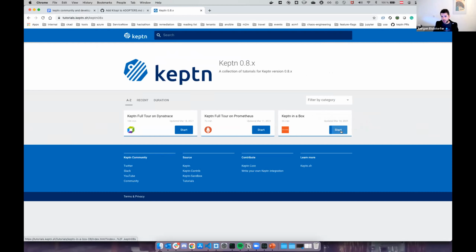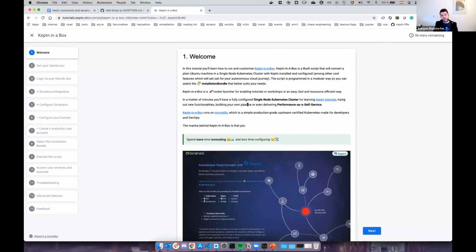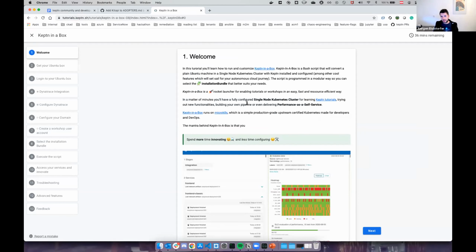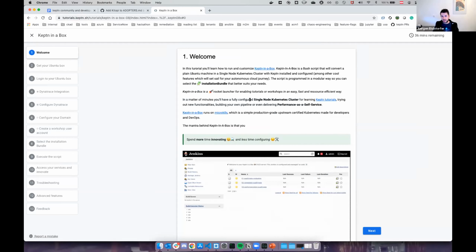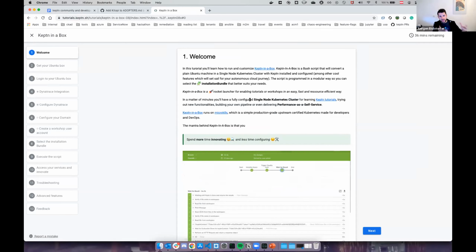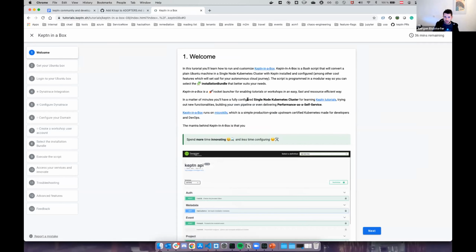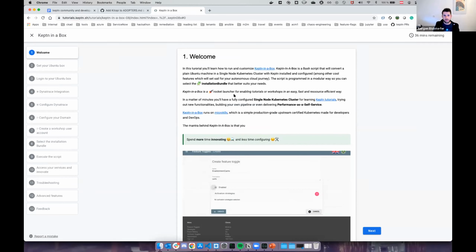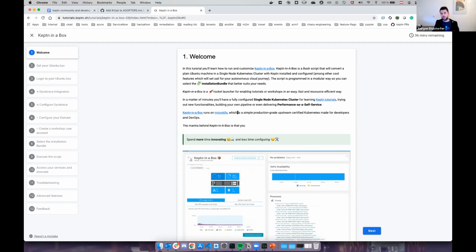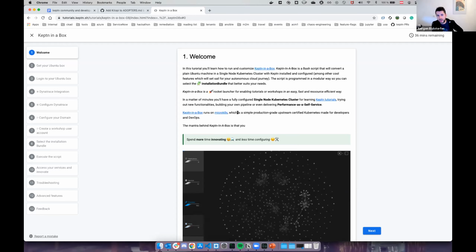It's Keptn in a Box, and it's a really neat way to start with Keptn without a full-grown Kubernetes cluster in the public cloud, but actually running it with MicroK8s, micro Kubernetes on a VM.